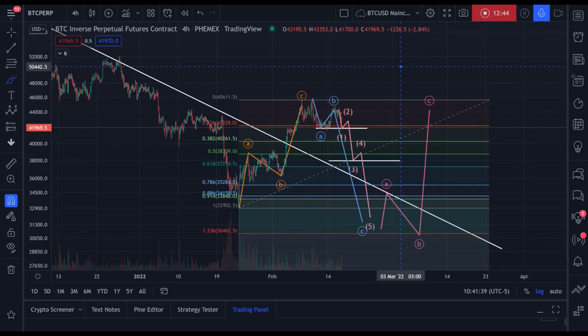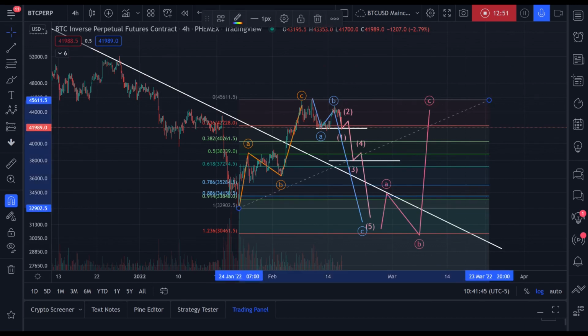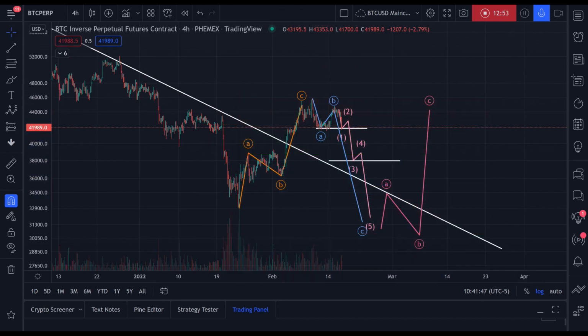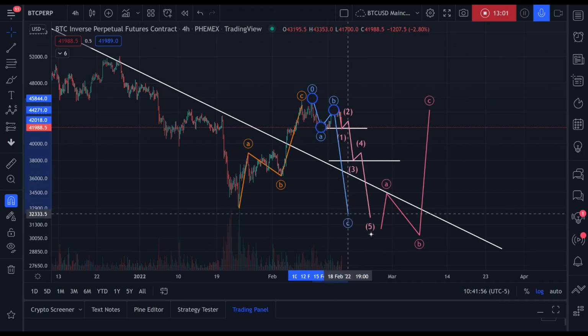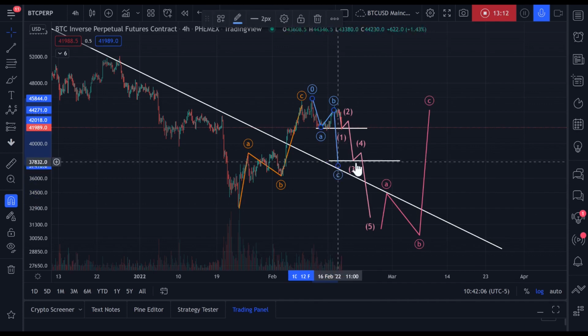However, most of the time, these B waves do form a lower low, if not come down to the base or close to the base of the A wave. So I'll say it's unlikely. It's unlikely that we end up getting a B wave this shallow. Okay, because this is a reversal pattern, okay? Typically, and you can prove this to yourself, just look across the charts, look at these reversal patterns, look for them, look at the B wave, look at what it does. Very seldom will you see a B wave this shallow, okay?